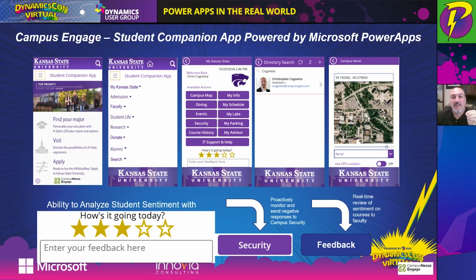Well, we got sentiment alerts for a particular class. And in that class, the teacher had gotten a car accident in the morning and was having a really bad day. And it alerted the team to go off and have a conversation with the teacher. And they were able to get a substitute in there. And the rest of the sentiment for the day was positive. But again, that's just a small way of using some of these tools to help a better client or student experience.